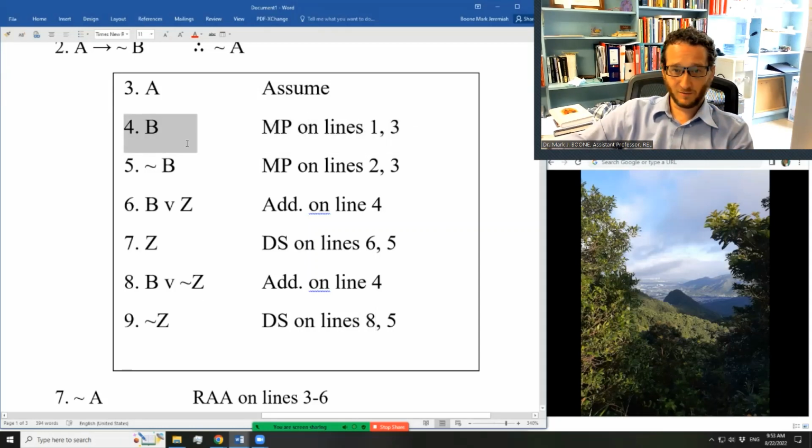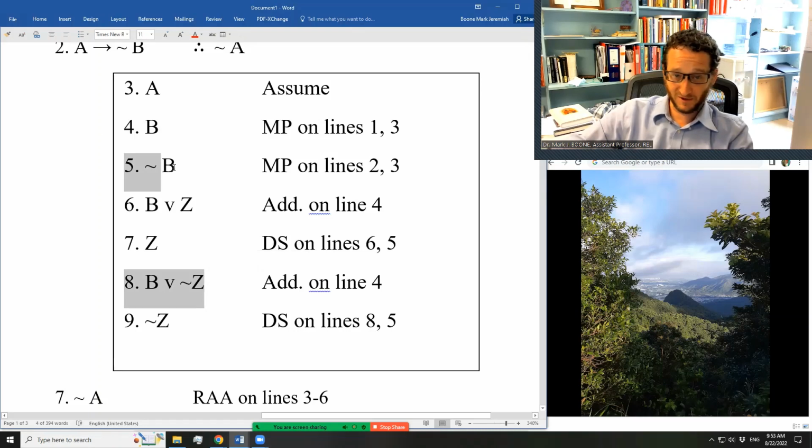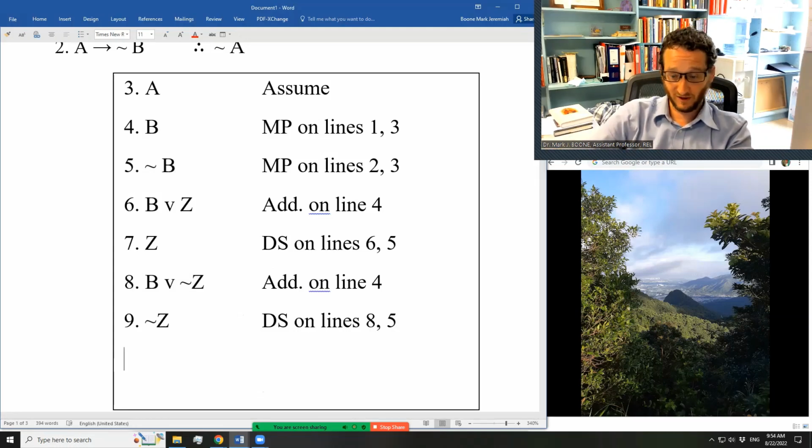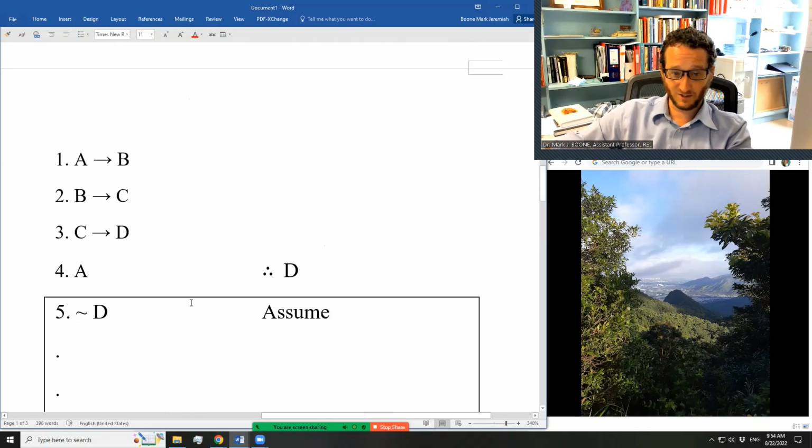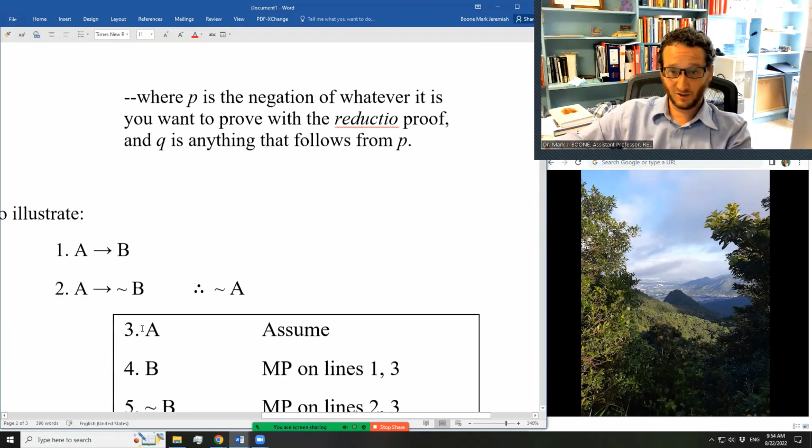If B is true, then either B or not Z is true by addition on line 4. And since B is actually not true, by disjunctive syllogism on line 8 here with line 5, B or tilde Z, not B, therefore tilde Z follows. And that tells you Z is both true and false. And if you're thinking, that's crazy, that doesn't make any sense, well, you are correct. Of course it doesn't make any sense. We are dealing with